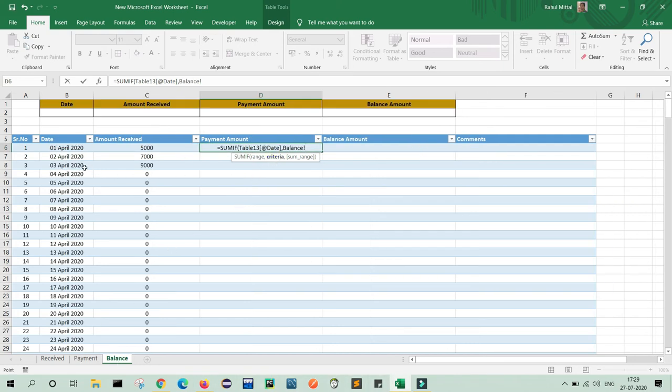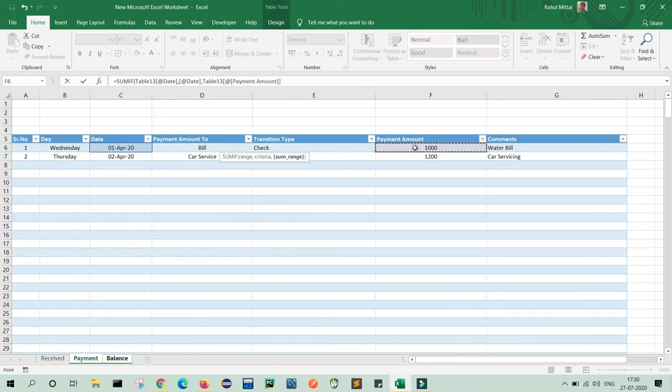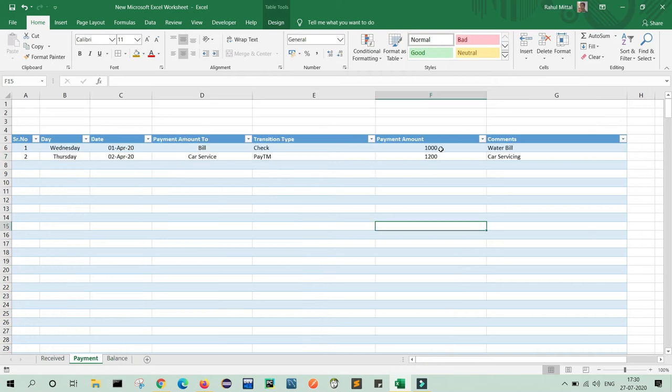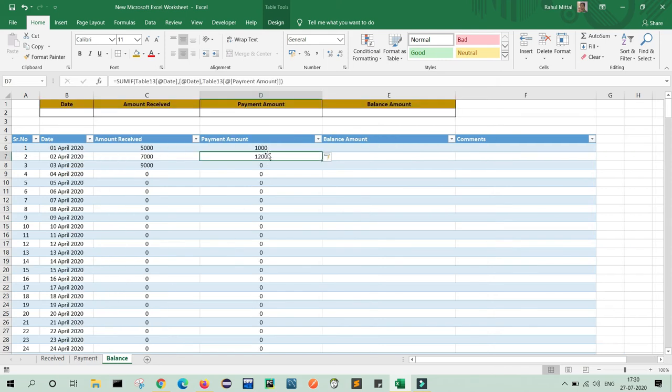Next criteria is my date in balance sheet, comma, my sum range is amount in payment. Just close the bracket and press enter. Now you can see in 1st April I have provided payment of 1,000, and 2nd April is 1,200. Here you can see 1000 and 1200 as per the date.